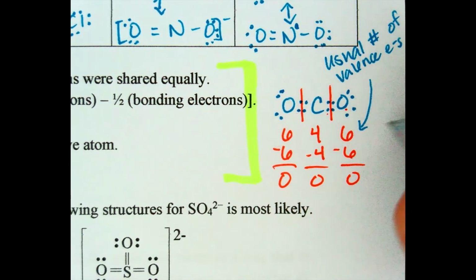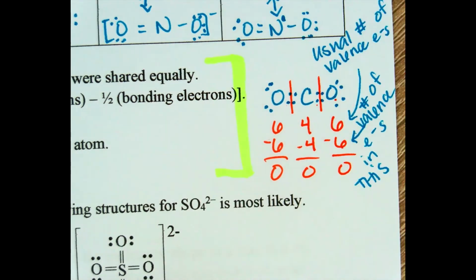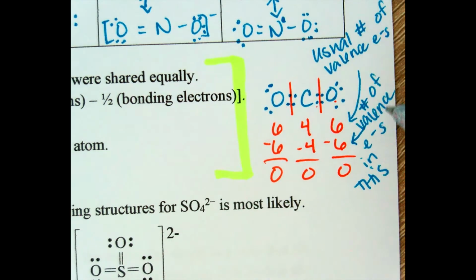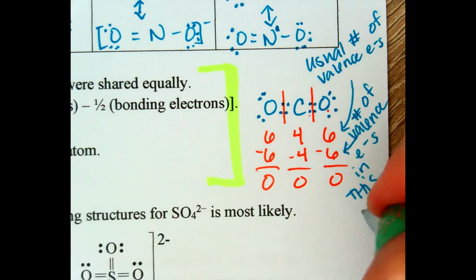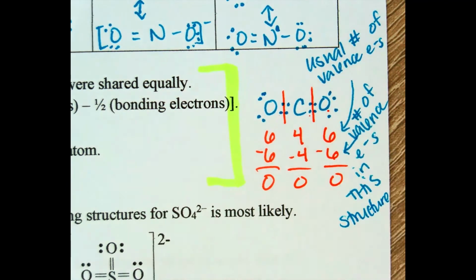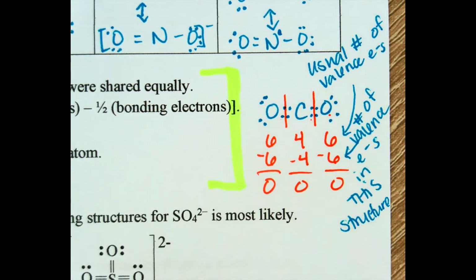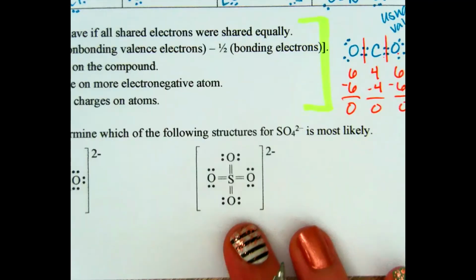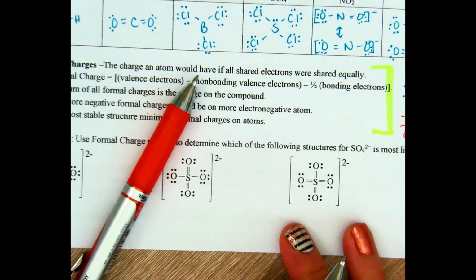Let's label this so we remember where these came from. So this is the number of valence electrons in this particular structure. Sorry, it's a little bit small. Okay, so now let's go ahead and do some practice problems. So this following structure for SO4 2-